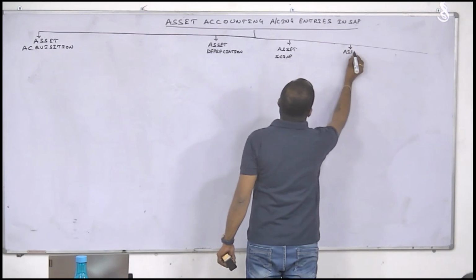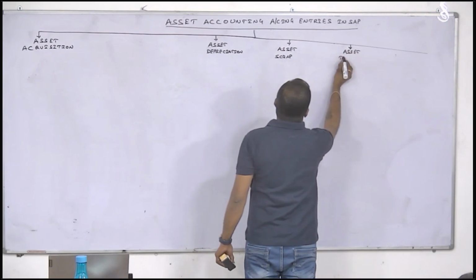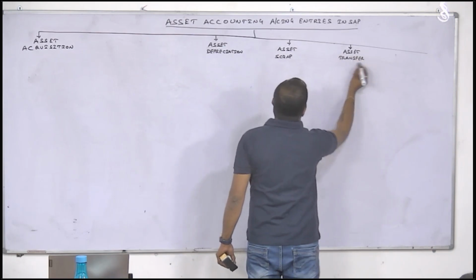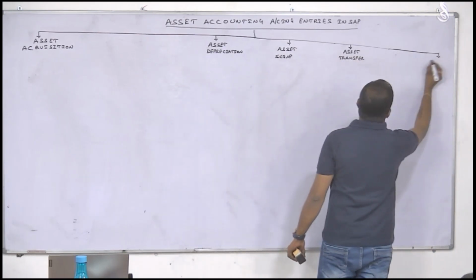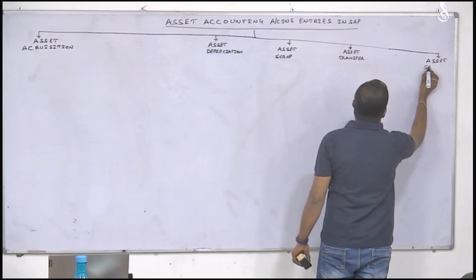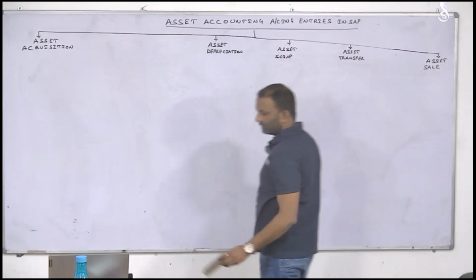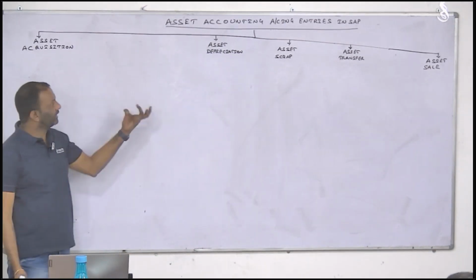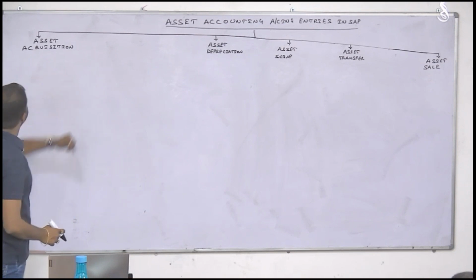Then asset sale. These are the 5 transactions you should always remember coming to fixed assets. So 5 accounting entries also. Now this asset acquisition,